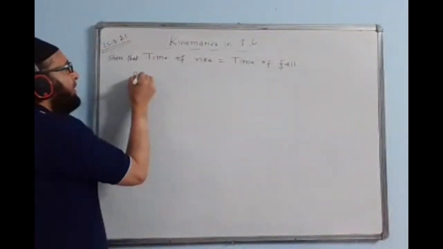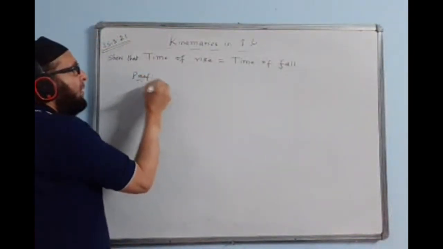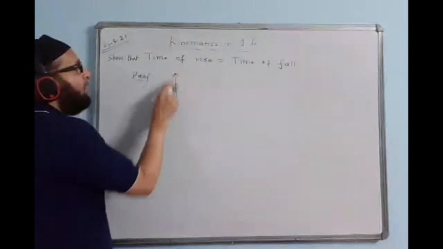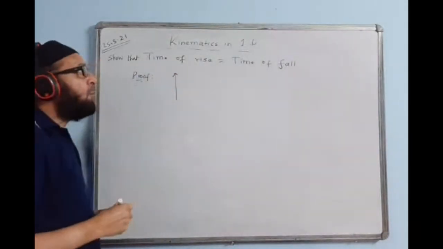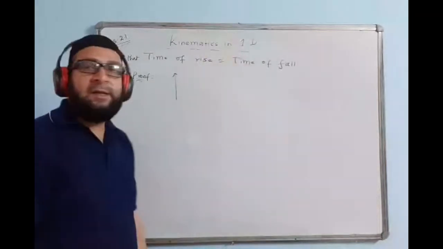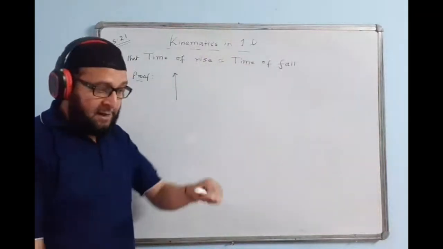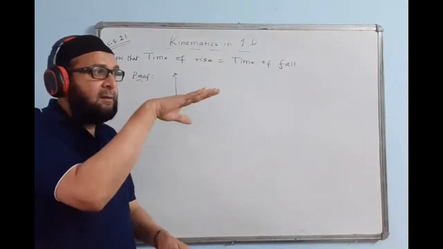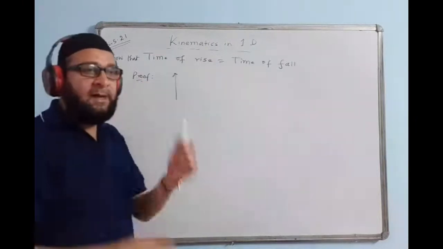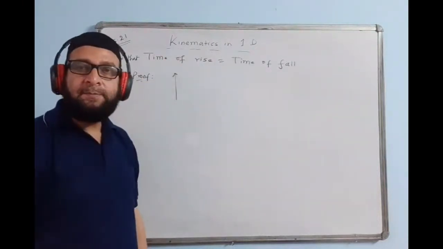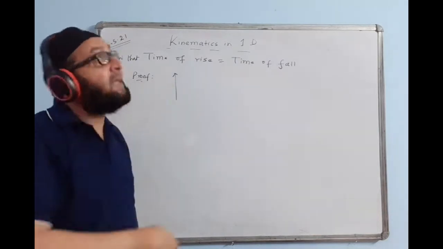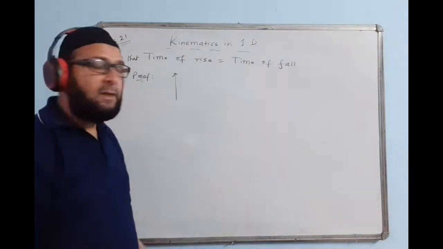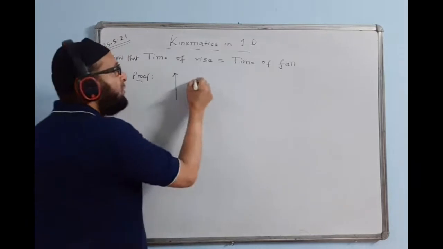Now for proving it, we do like this. First we take vertical upward motion. In both the motions, rise and fall, what is the same, what is constant? The height traveled and the height falling down is the same. The h value is the same in both cases. First I'll find the time of rise. How much time will it take to rise? Let us find the time of rise. I'll be using this formula.